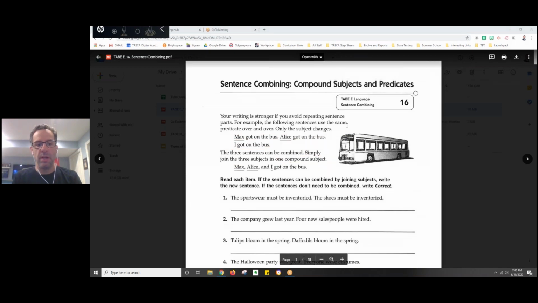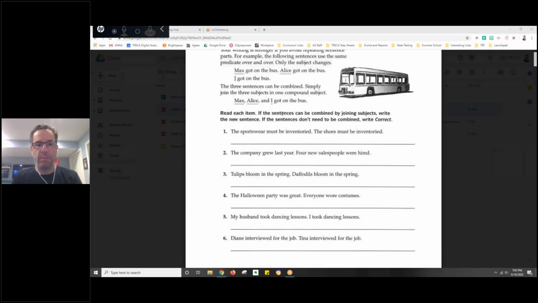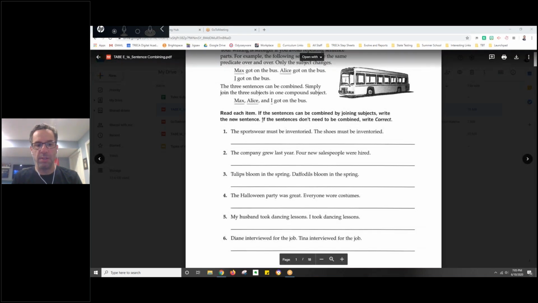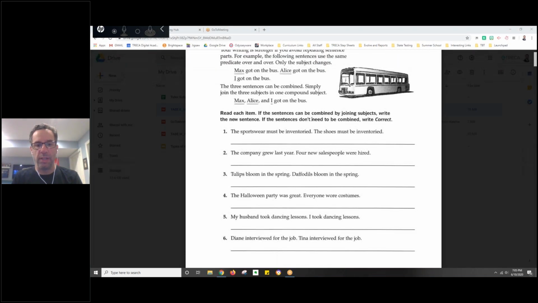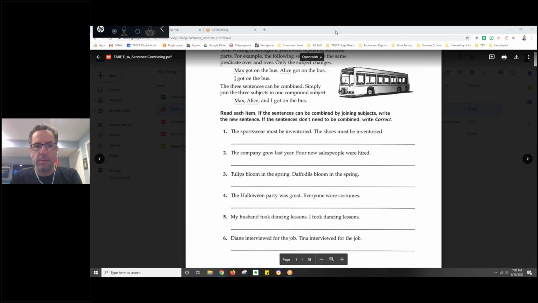So we'll erase. This one here says read each item. If the sentences can be combined by joining subjects, write the new sentence. If the sentences don't need to be combined, write correct. Number one, I was looking at this one earlier. I'll do maybe one and two, and then I'll let you try three, four, five, and six, and then we can go back and review them. But number one, I would just say the sportswear